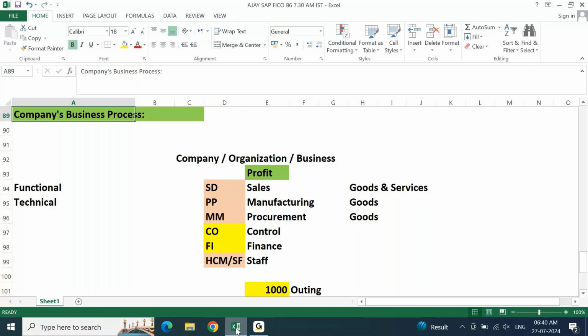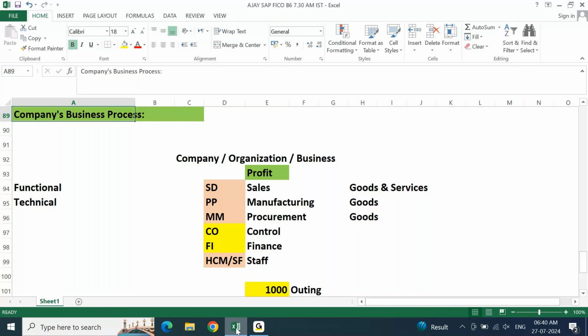To purchase it, you cannot just spend the money like that. You need to have some control over the money or over your expenses, whatever you're spending. For that, we understood you need to have some control. To have this control, planning and all, we came to know that for this purpose there is a module called CO, which is nothing but controlling, in short, cost and management accounting as per our academics. And finally, you understood that if I want to control money, first of all, I need to have money